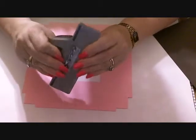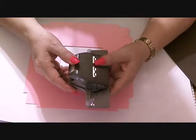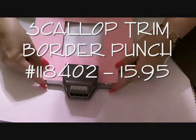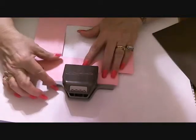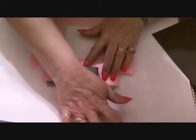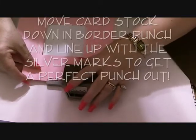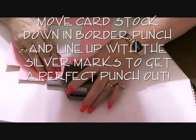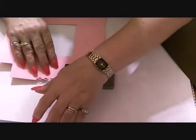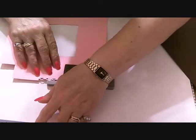Okay, now we're all ready to scallop the edges. I'm going to use border scallop trim, and what you're going to do is where these are, you're going to fold them and place this in here. Now, to get it even on both sides, you have to even this out on both sides as much as you can. And then you press, then you move it down, and you press, and you move it down,